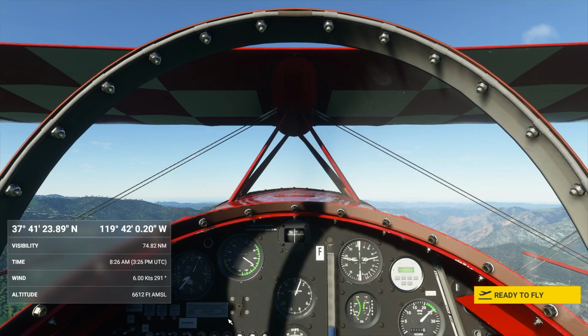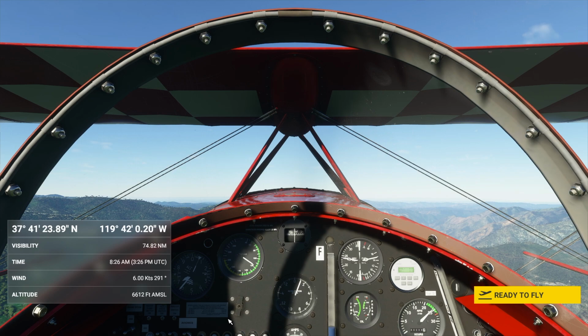Hey everybody, today we are going to do a tour of one of my favorite places in the world, Yosemite National Park in California. I've set us up with a lat long. I didn't know that you could do that, but if you search for a specific lat long, so I entered